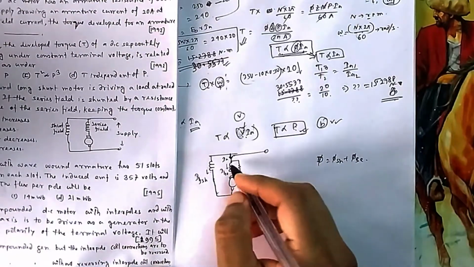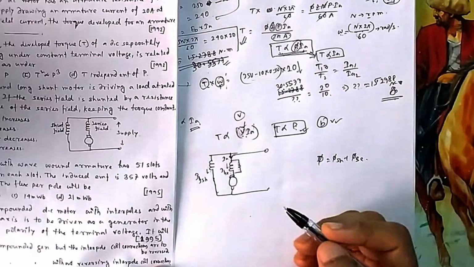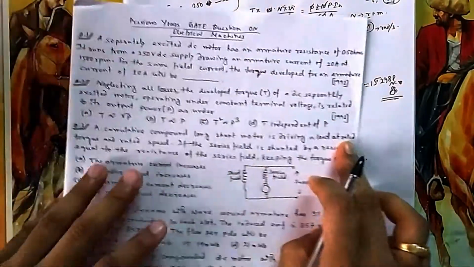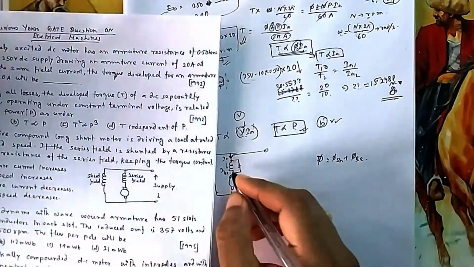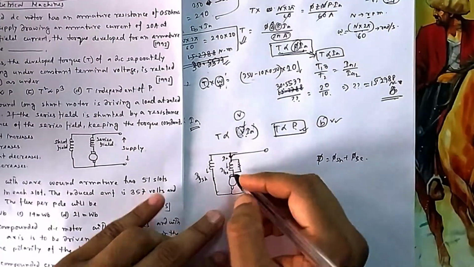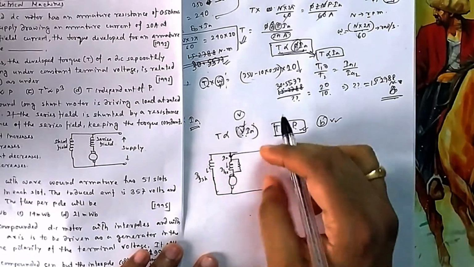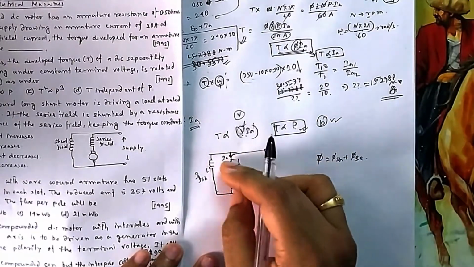If you connect this, this current will have two branches, this one branch and this one branch. If you are driving at rated speed and rated torque, that means your power is fixed. So this Ia should be fixed, because the drop is Ia into Ra. Then Eb is also fixed, because the same drop will be there, so V minus the same drop will be Eb.